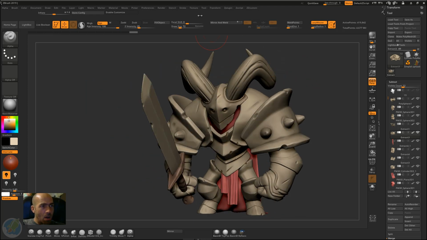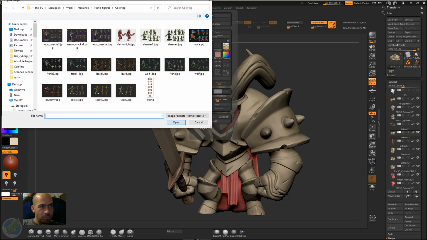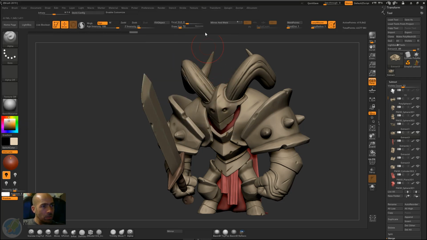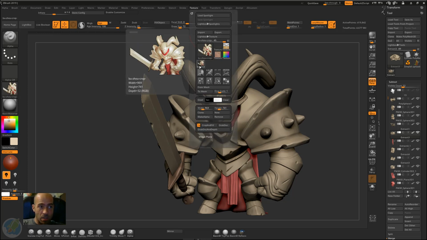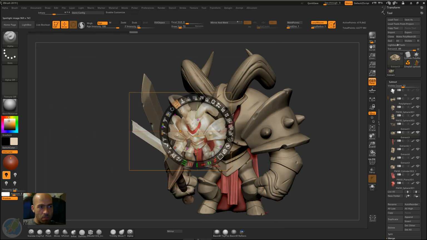Something happened, and now I have to go again to show you how to put your reference inside. So texture, import, then go to Absolute Beginner's ZBrush course, crop, open, then go to texture again, click on it, so it's here, and then go to the add to spotlight button, which is this one on the right. Then it's here, and with this button here on the top, you see it, we make it smaller,